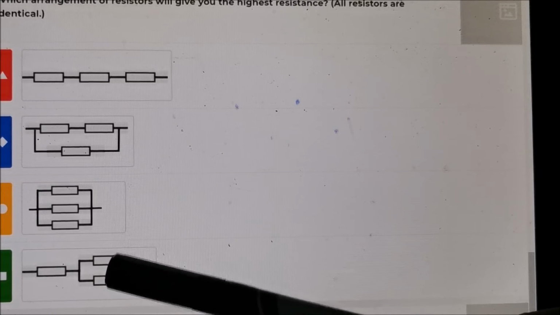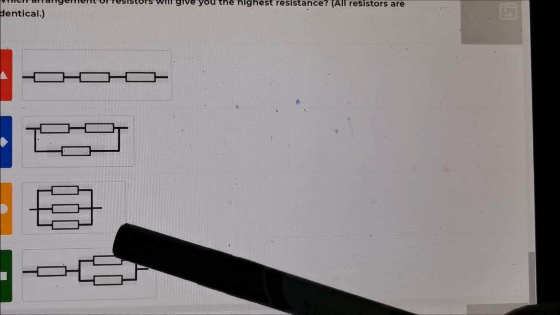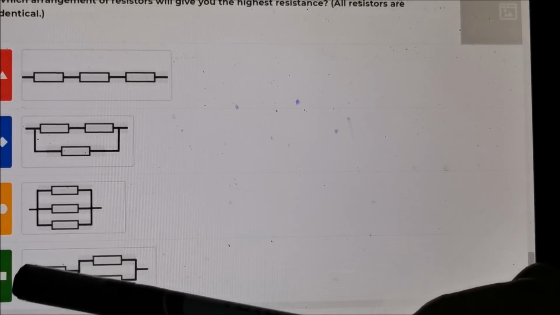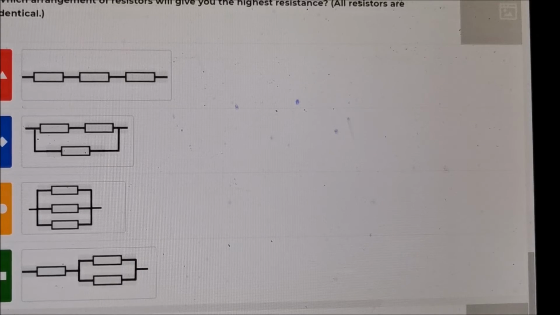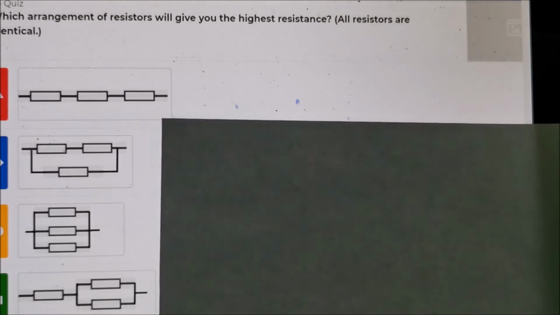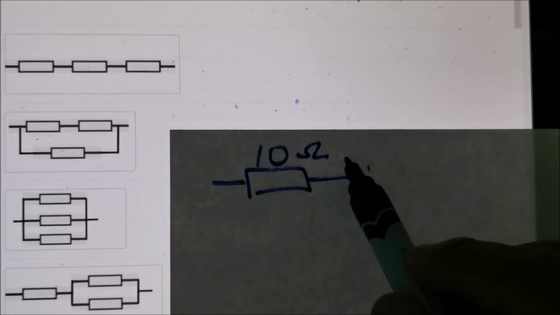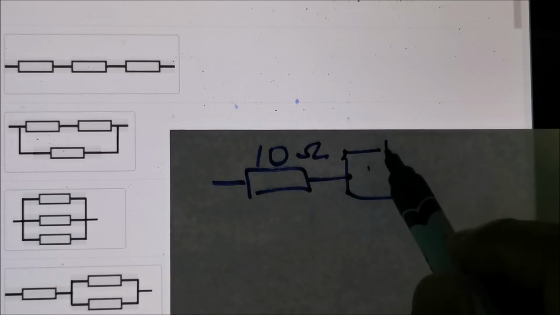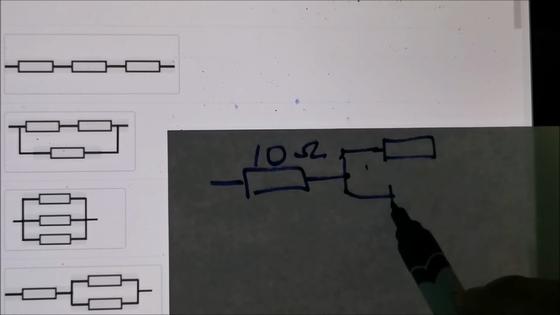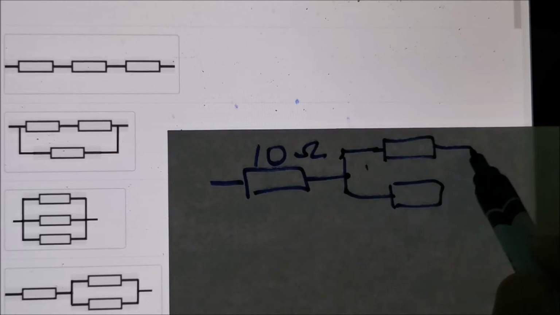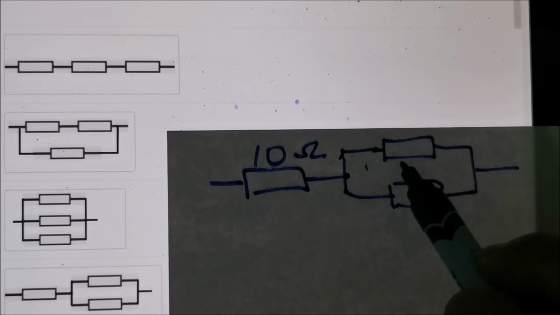I have these two in parallel, and then in series with another 10 ohms. Now, how do you work out the resistance in this case? For example, this is 10 ohms. You can see I branch out. I have 10 and I have 10. Now I know that these two